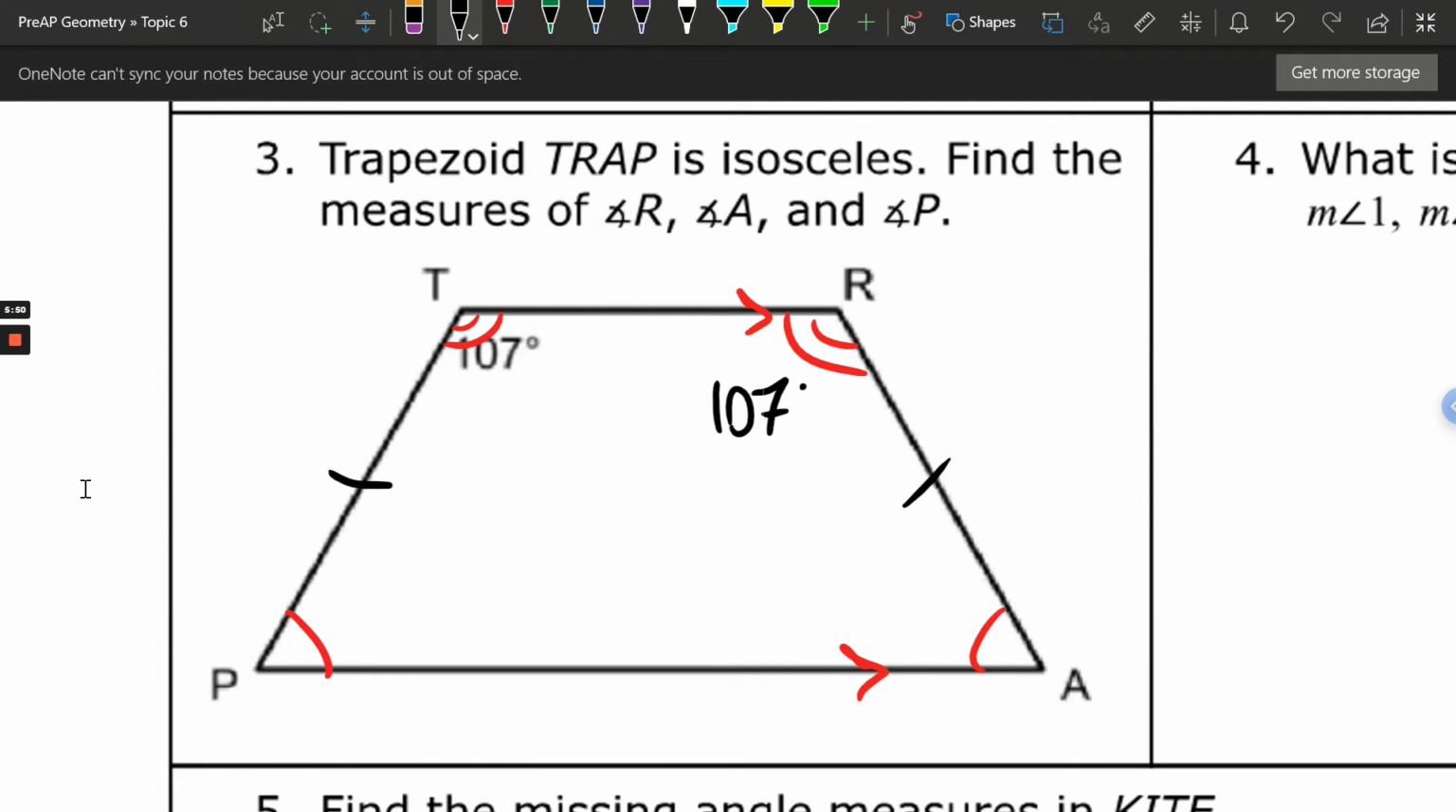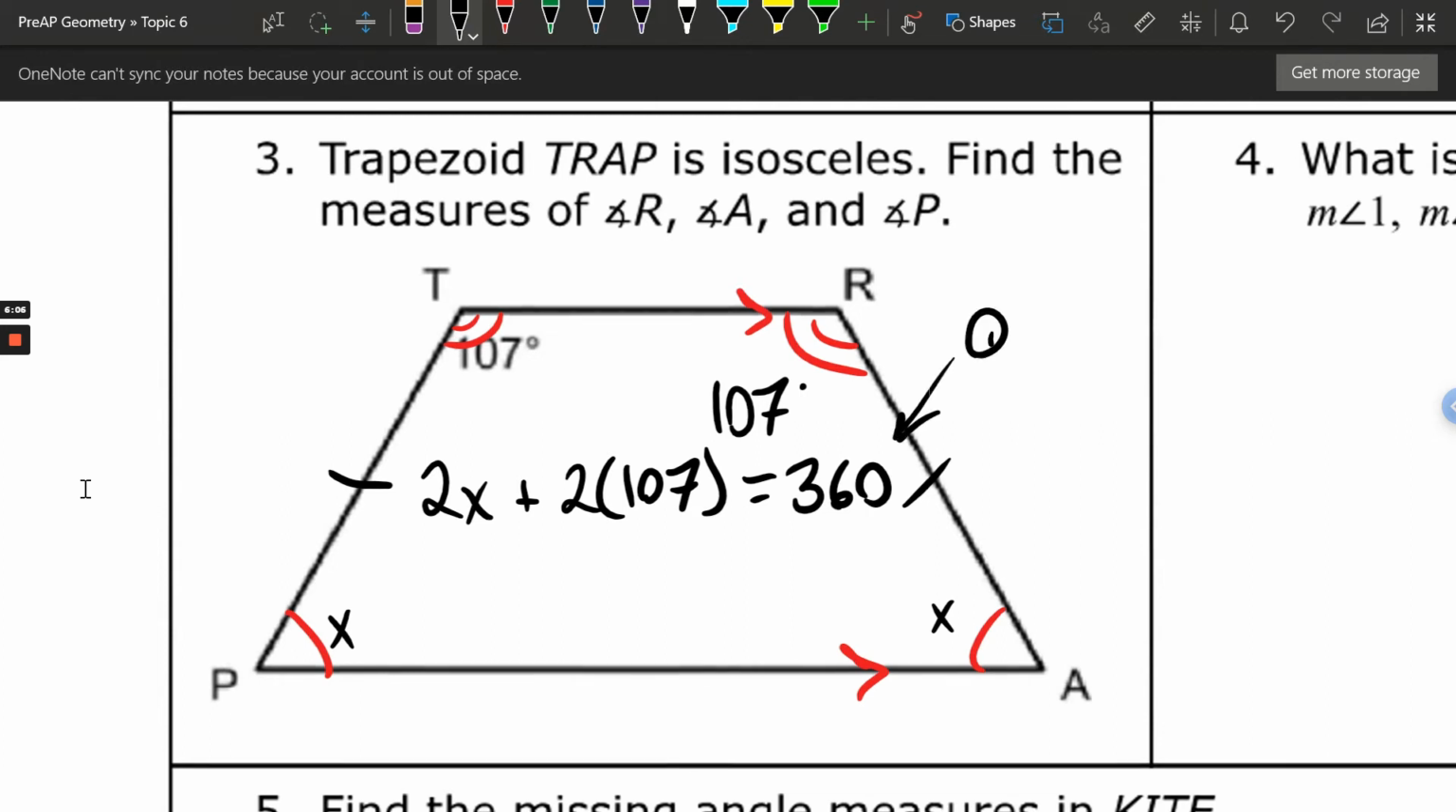Okay, and if we call this other angle X, which is at A and P, we could set up an equation. 2x plus 2 times 107 is equal to 360, because this is a quadrilateral. So if I add up all those angles, I should get 360. I believe that is 214, which means that if we move this to the other side, we get 2x is equal to